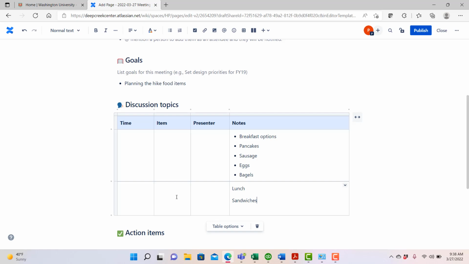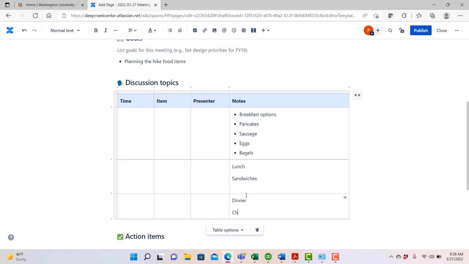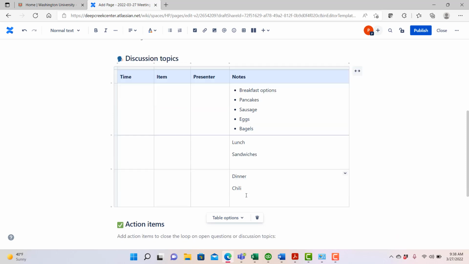Notice that by default it sets me up with this kind of 2x2 table. I can just tab to add more lines and do this as much as possible. And maybe for dinner we're going to make chili, and we'll have some kind of cornbread or something, some cornbread stuffing, and maybe we'll do some kind of a peach cobbler for dessert or something like that. Okay, so you can go and you can